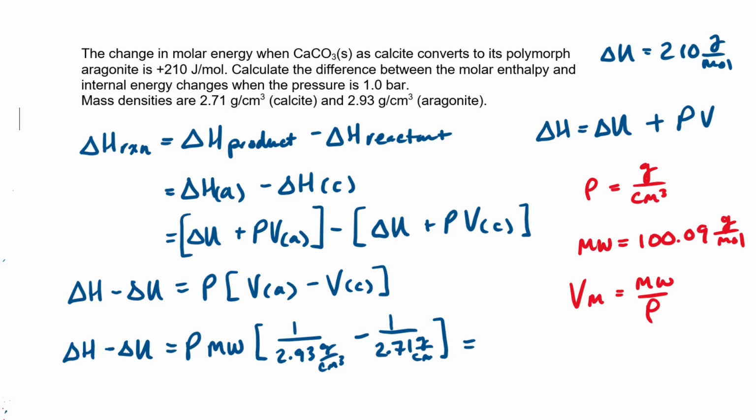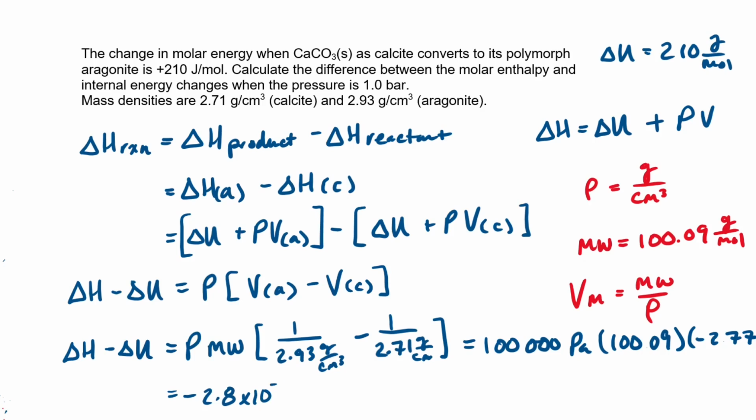And we can insert our values, so 100,000 pascals times 100.09 times negative 2.77 times 10 to the negative 2. Oops, I lost the screen there, but it's times 10 to the negative 2. And that equals negative 2.8 times 10 to the negative 5 pascal cubic centimeters per mole,